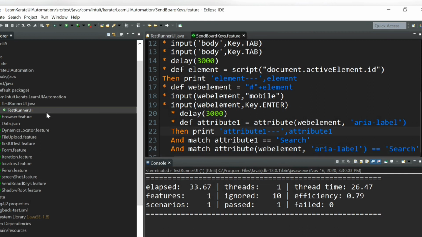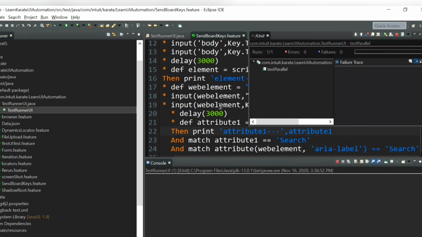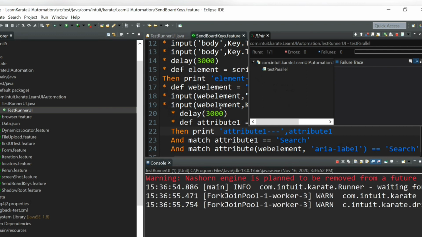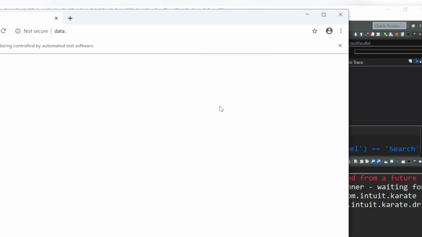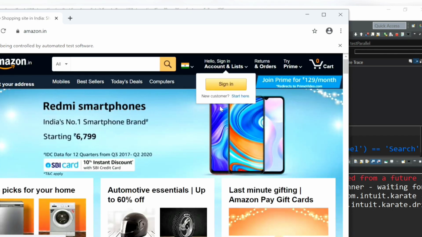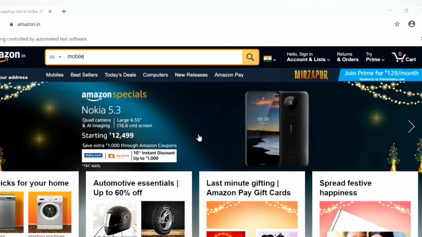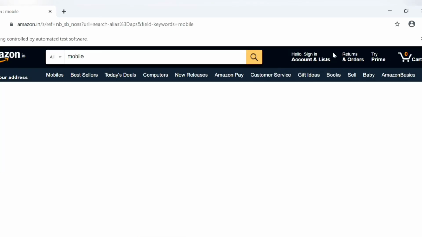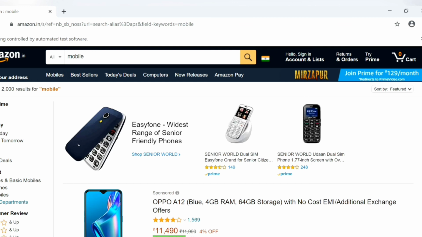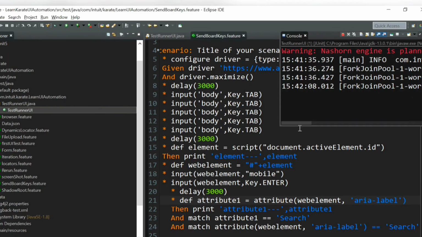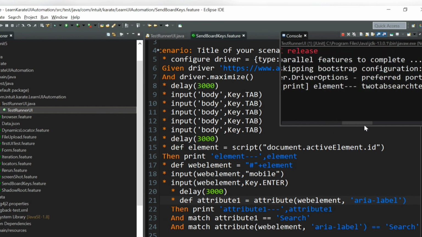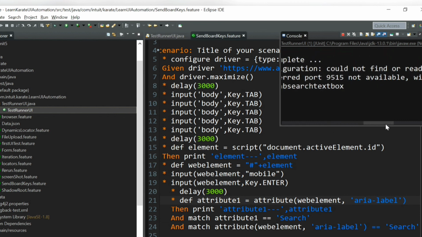Now we'll run it. Okay, now it would have printed the attribute value also, and it should match the attribute value.